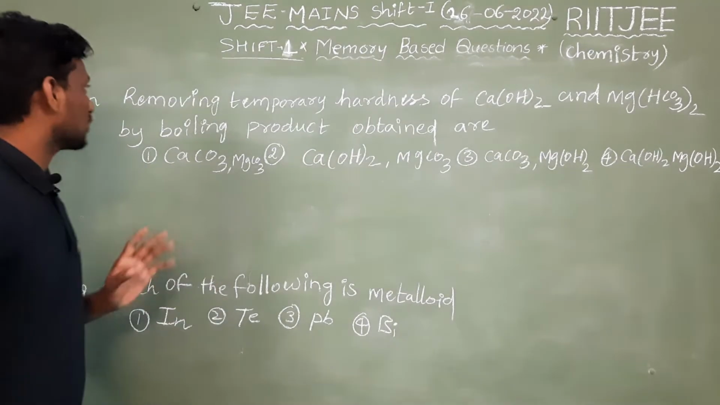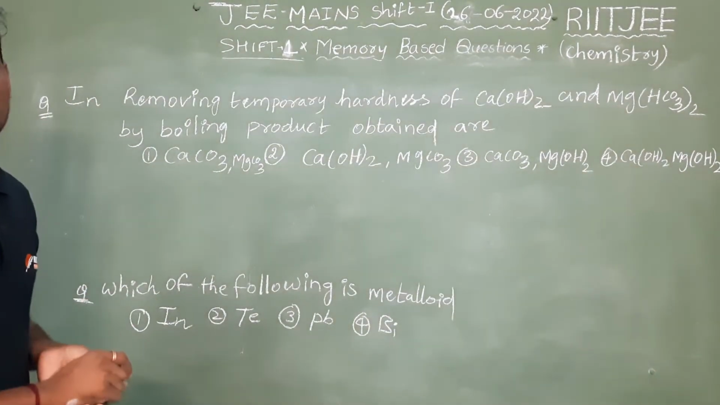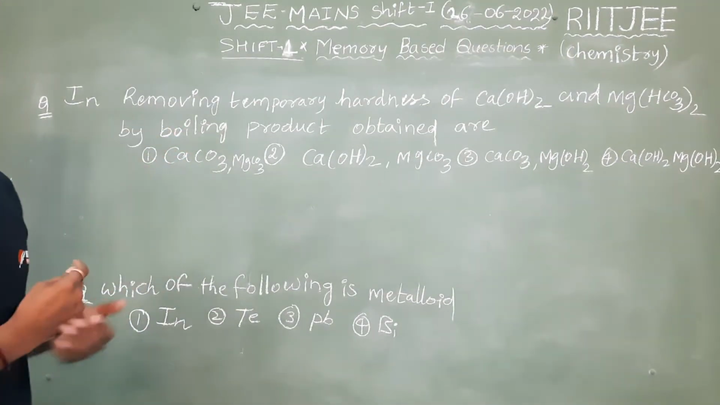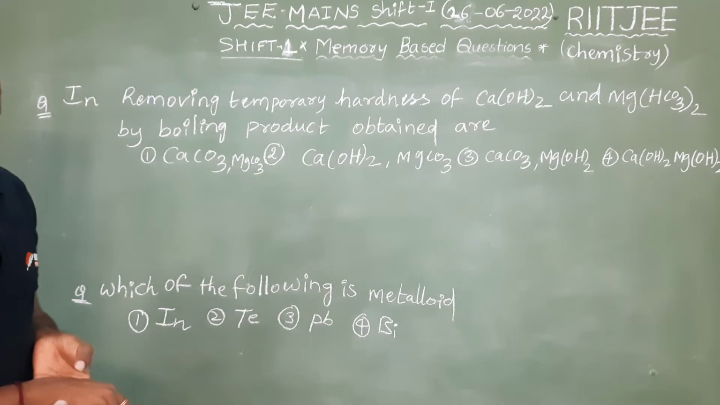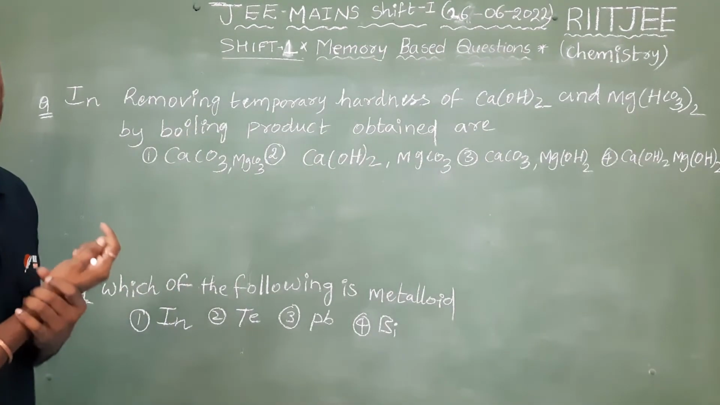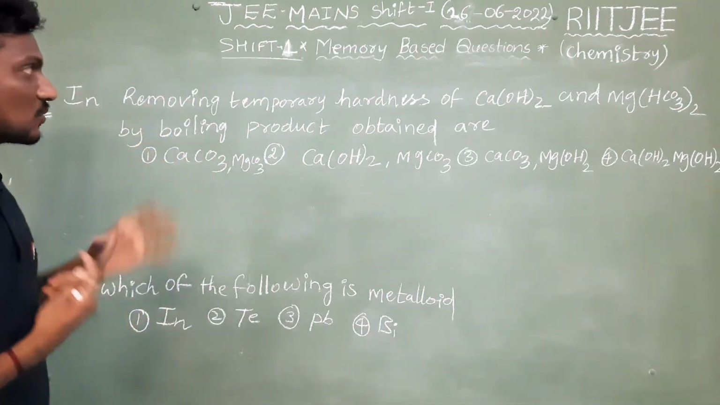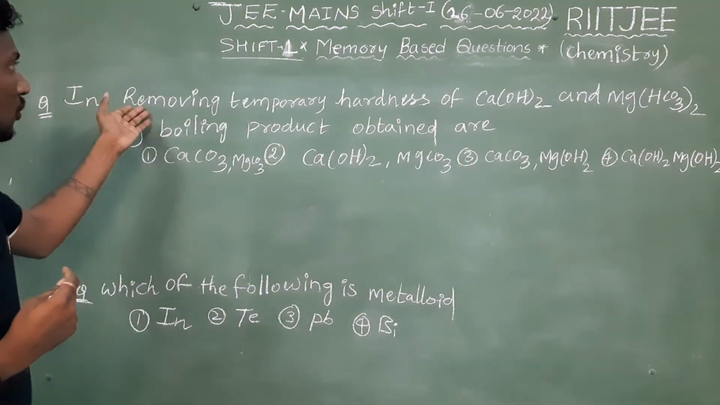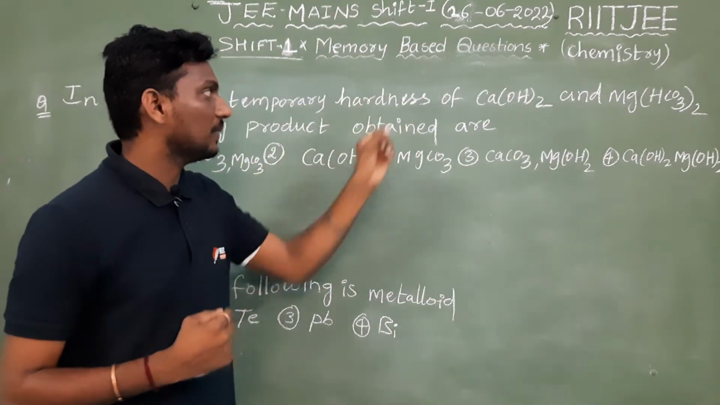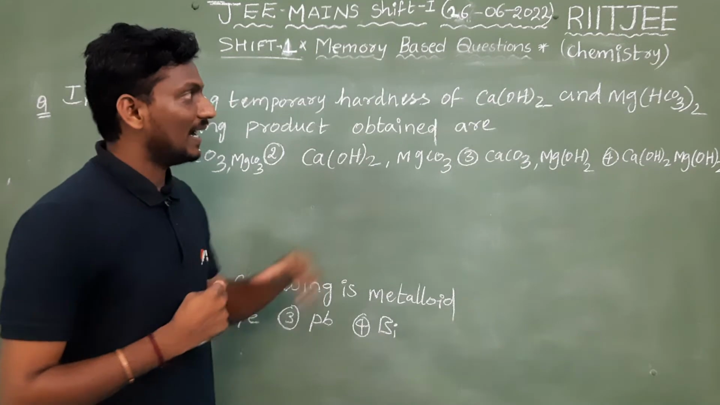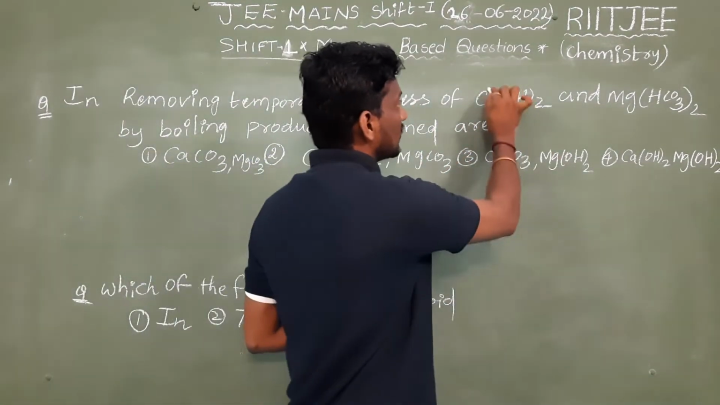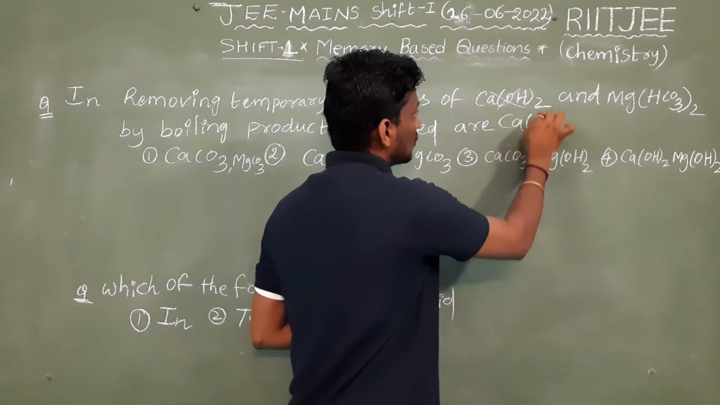Let's see the next question here. These two questions are asked from inorganic chemistry. This question is from hydrogen and its compounds, and this one is from inorganic chemistry related to the P block. Let us see this question first. In removing temporary hardness of calcium hydroxide and magnesium hydroxide. So it should not be hydroxide, it's supposed to be calcium bicarbonate